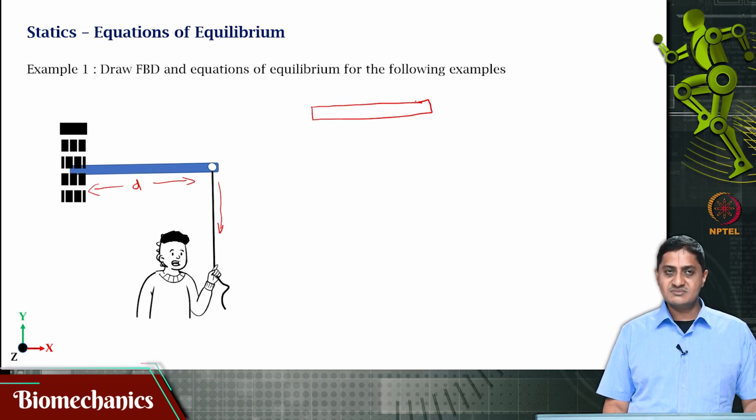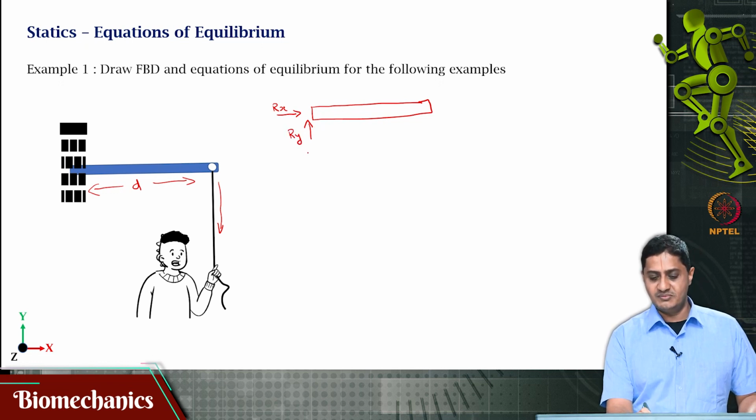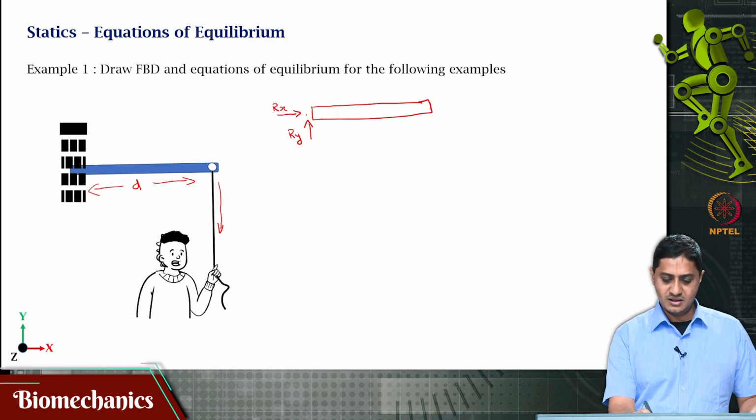In this case, because the contact at the wall has been removed, that will be replaced by one force along the long axis of the beam, one force that is perpendicular to the long axis of the beam, and one moment,